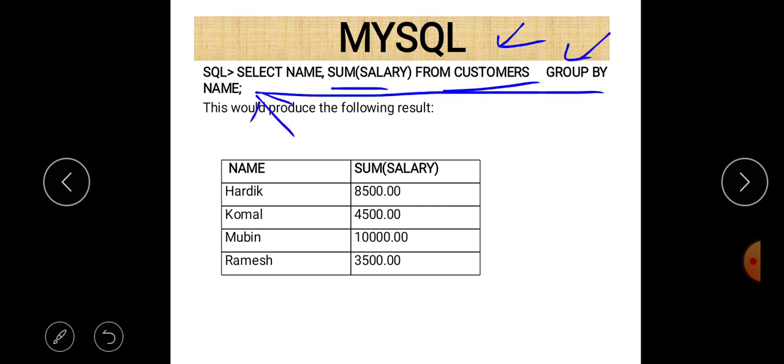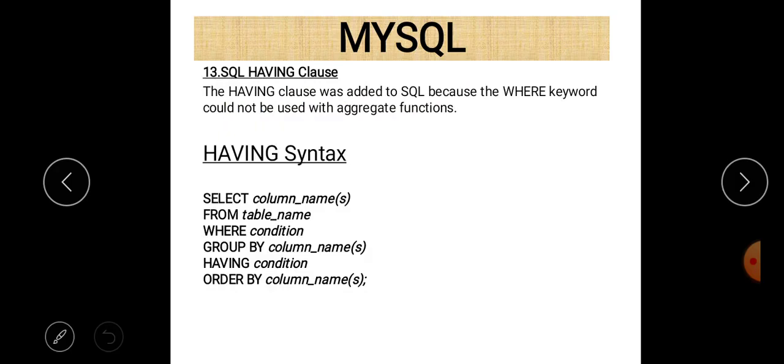And if there is a condition, suppose I want to find the sum of salary less than 8,000, then we just write just after the group by name: having sum of salary less than 8,000. So the having clause is used to give the condition related to a group.